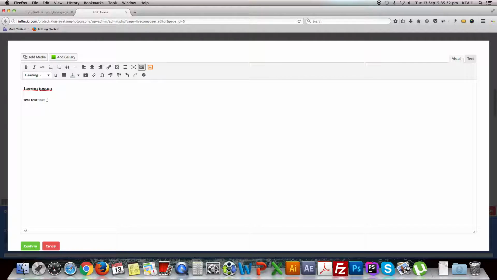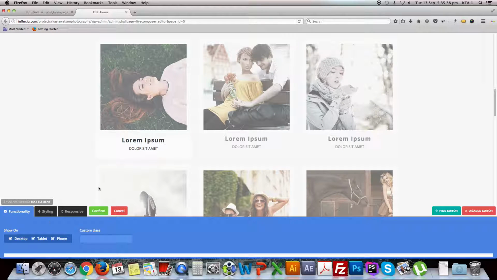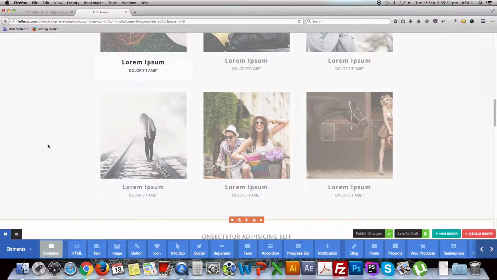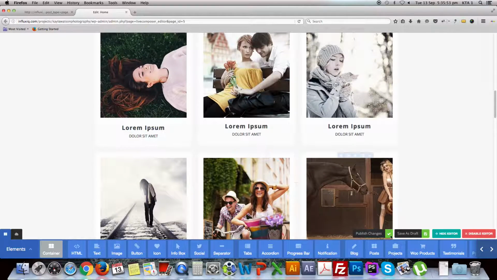Let me change it back. Once you are done with your editing of that particular section, remember to click confirm. After that, you need to click publish changes.